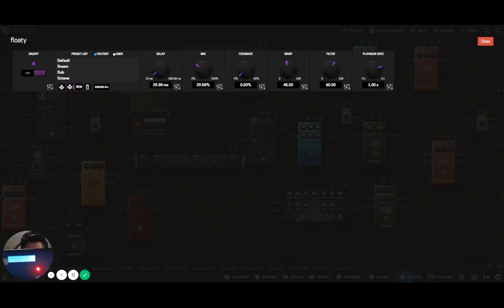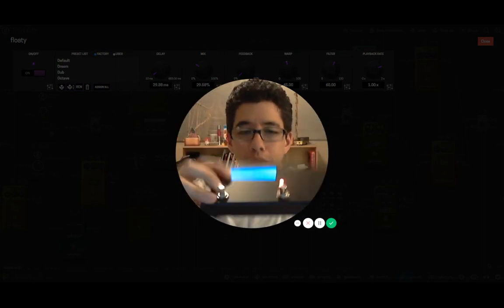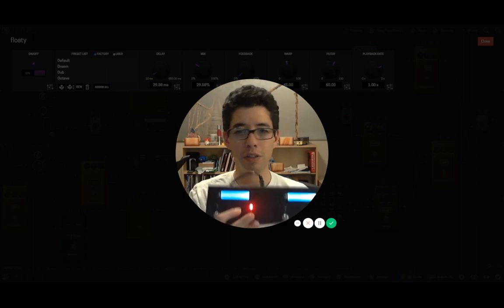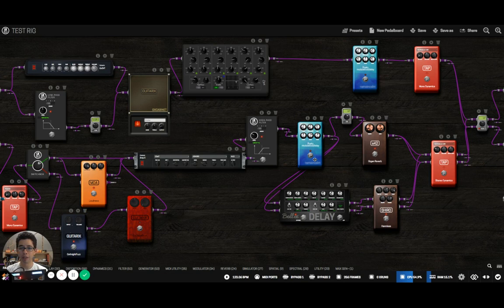I don't know if you can see it here. I don't think so. Let me make the screen bigger here. Come on, there we go. So let's see here, floaty. Now it says floaty melody. And then when I push the foot switch on and off, you can see it. Let me make myself small again. You can see it on here, on and off, as well as on the GUI when I turn it on